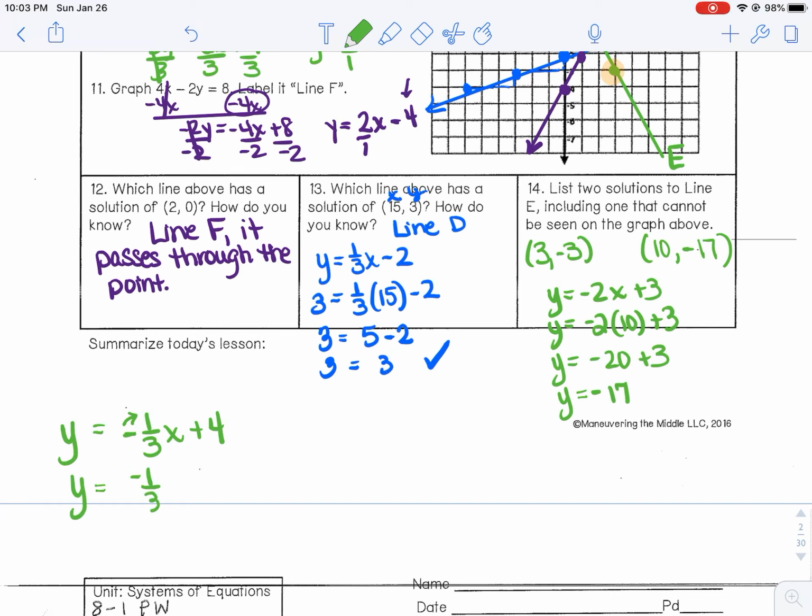So think of it as -1/3x plus 4. That way you can always run to the right. So on the prep work, you're going to have some graphs that are in slope-intercept form. You're going to have others that are in standard form that you have to use those 2 steps up at the top to be able to do that. And then you have another one that's either a horizontal line or a vertical line. If you have any difficulty with any of this, please find Mrs. Bird or myself, and we'll be